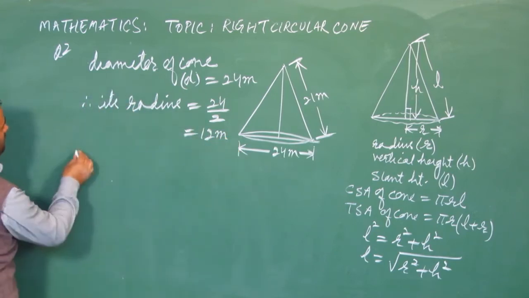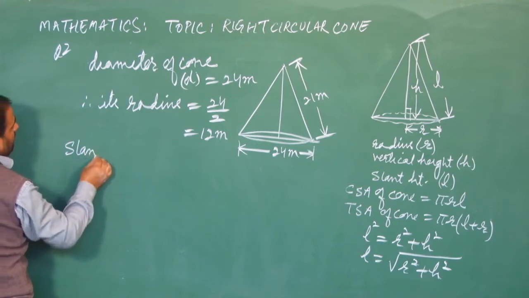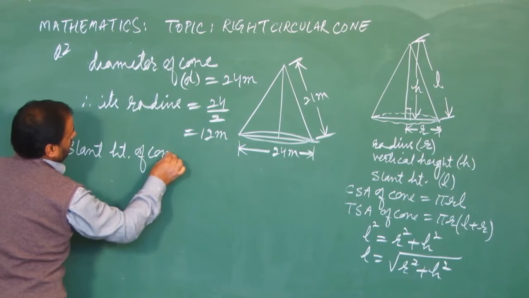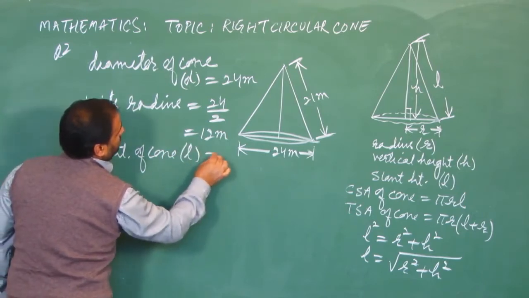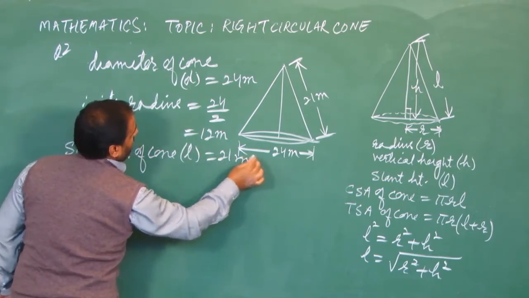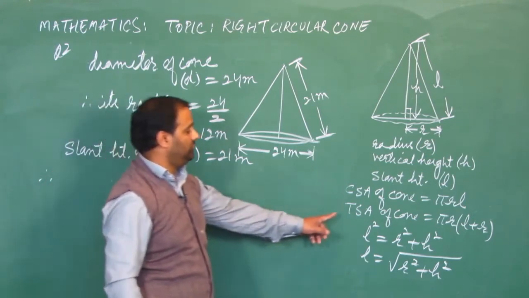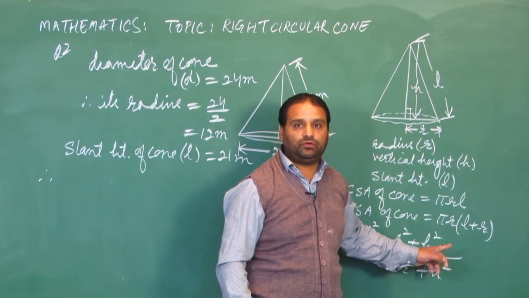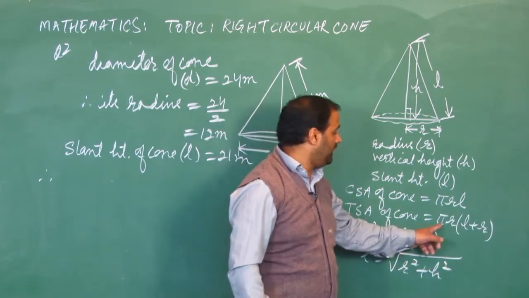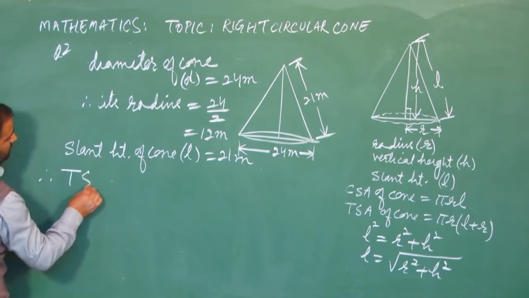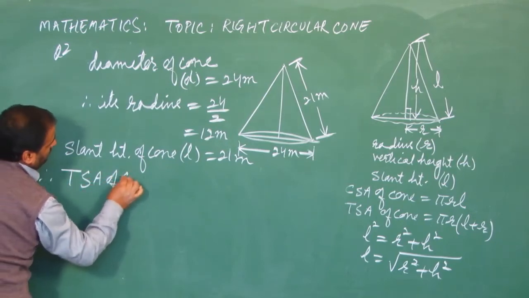Now, the slant height of the cone is 21 meters. Therefore, we need to find the total surface area of the cone. Now, what is the total surface area of the cone? It is pi r into (L plus r). So, the total surface area of that cone is